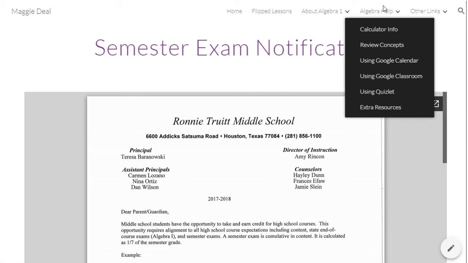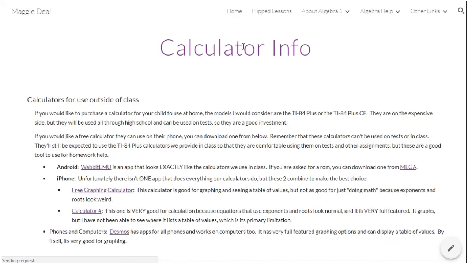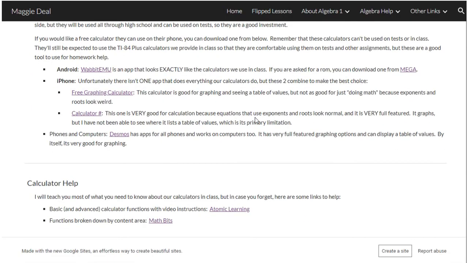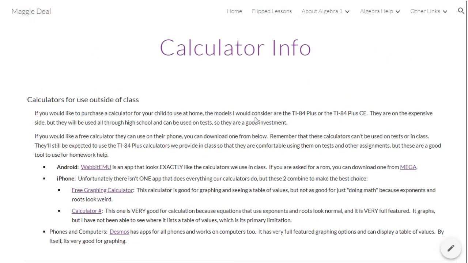Now, Algebra Help is less about knowing about my class and more about just stuff that might help you with algebra. Okay, so underneath here we have a couple of links. The first one is calculator info. I have a couple of other links to algebra help that calculator help that I put out there, but this